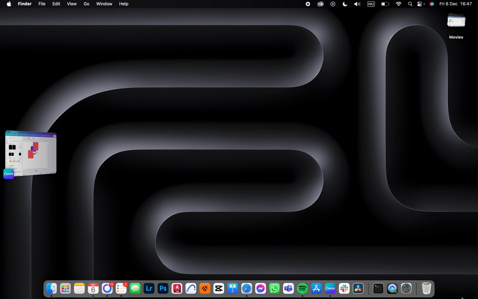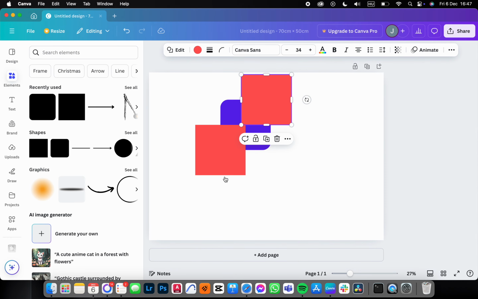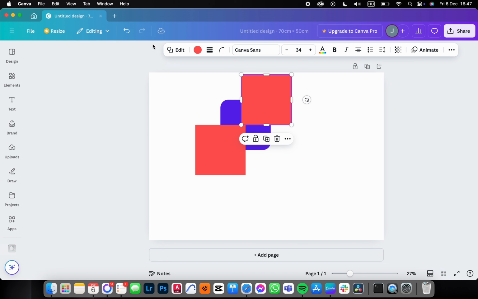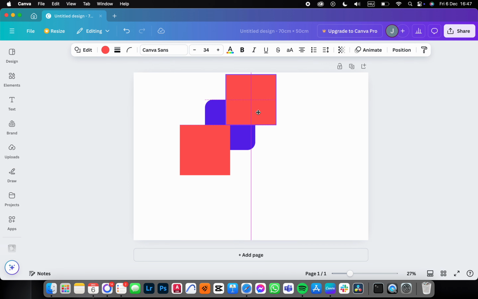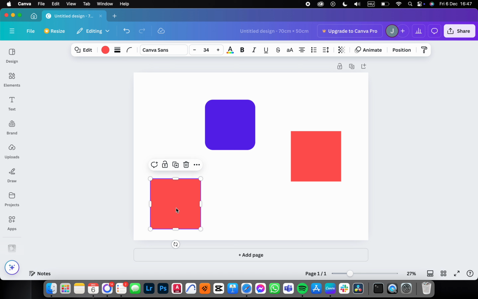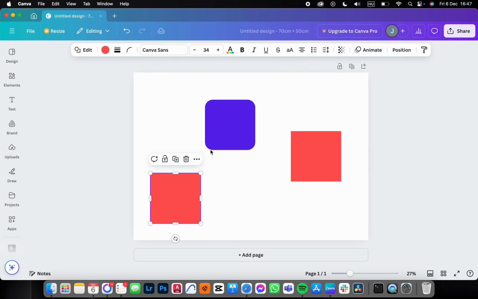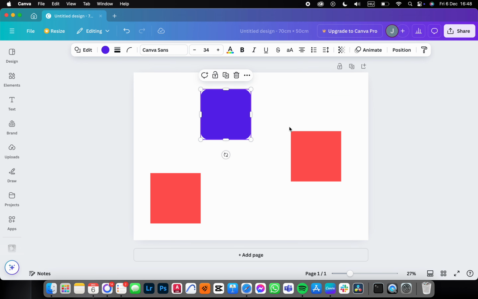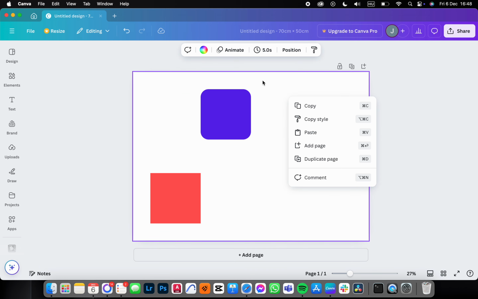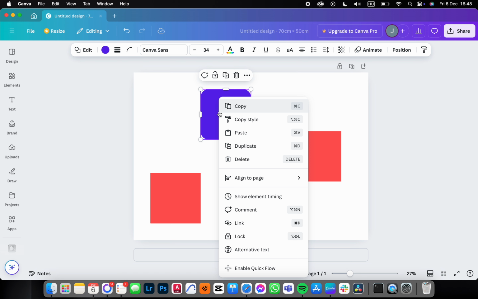Show you how to set the background color of the canvas in the Canva app. First, we have to open up the app, and here we have a document with a few shapes inside of it. And let's say we want to set the background to a different kind of color. We just right click on the elements,